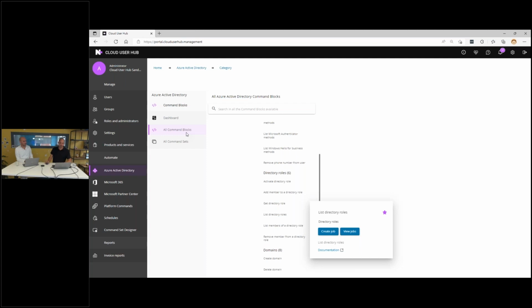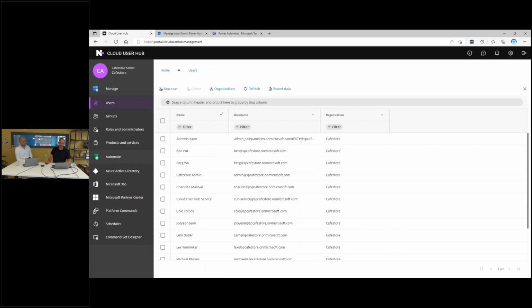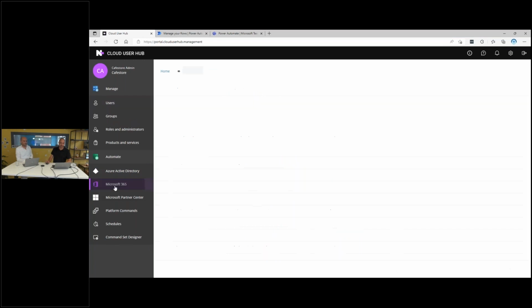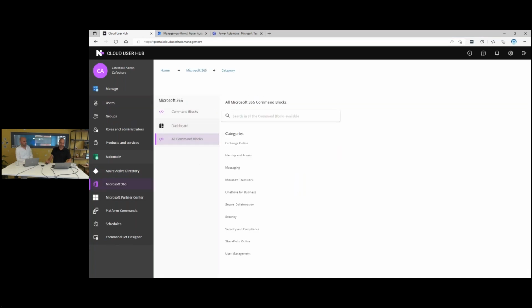But the nice thing also about this is if I switch to a customer view, this is the customer cafe store, you can see the customer also has command blocks available. But up to your discretion, so you can define which command blocks or which actions the customer can execute. Yeah, so in that case, we are talking about self-service options. Yes. To make sure that your support desk receives less ticket requests from customers, for instance. Yeah. And a clear example is, of course, user management or user onboarding.